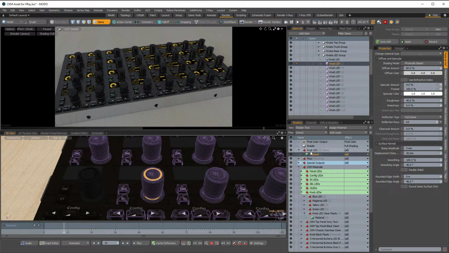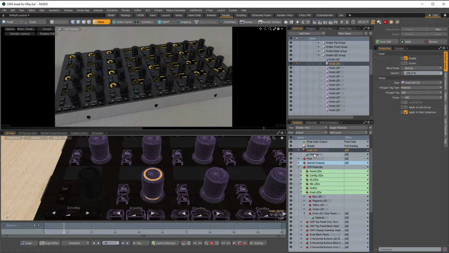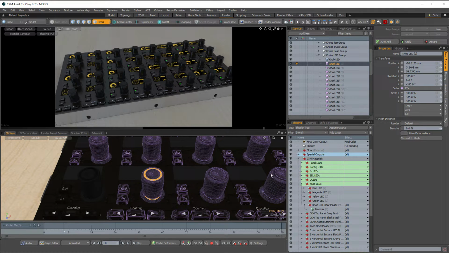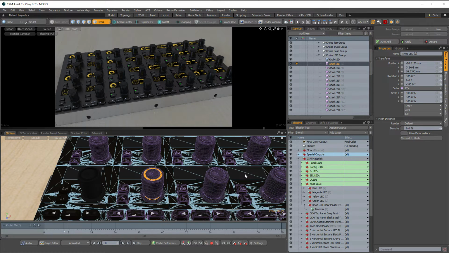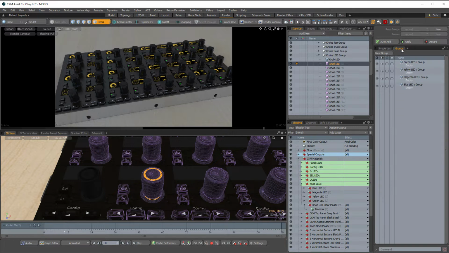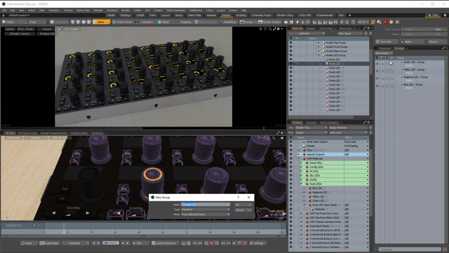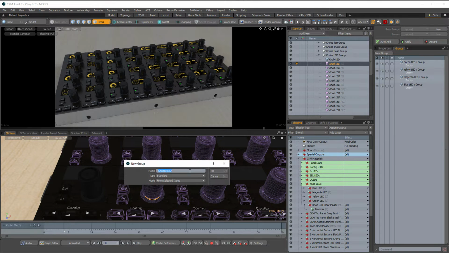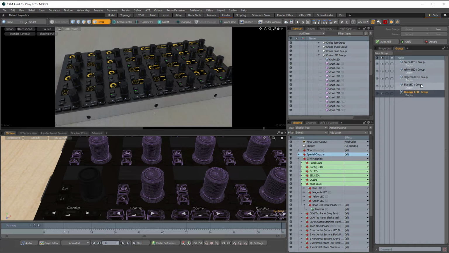But again, I don't want to do that for all of them. So how can I do this quickly and easily and flexibly, because I know my client's going to change his mind in like 2 seconds. So I use groups. Right now I've got 4 empty groups here: a blue LED group, a magenta, yellow, and a green. In fact, I can create a new group, and we'll call it orange LED. In fact, I already have it in there because I'm magic. So you type in orange LED, okay,